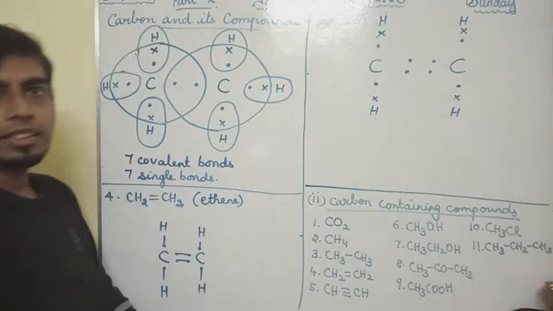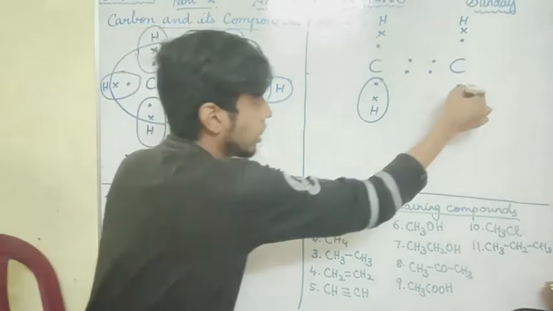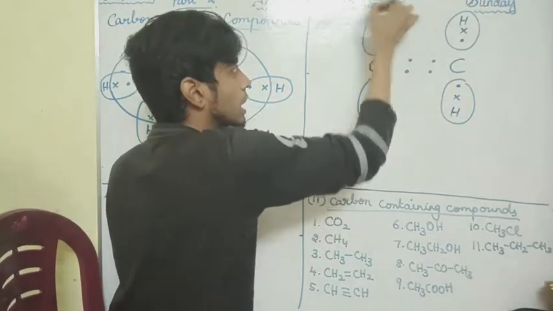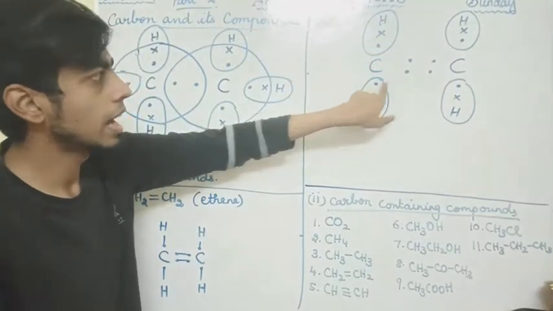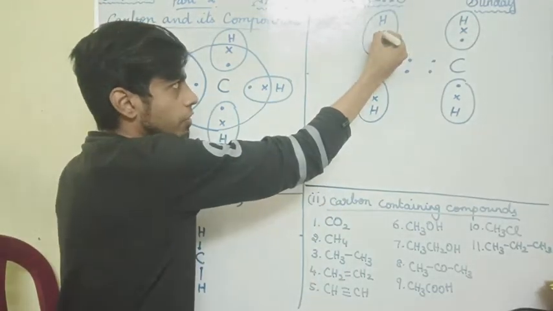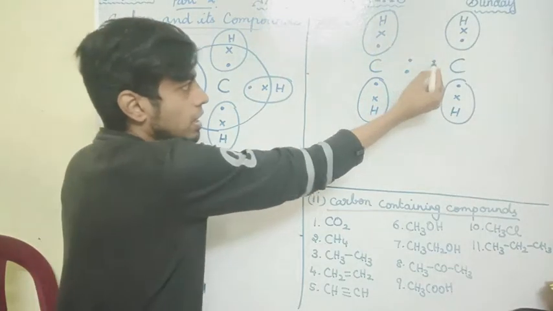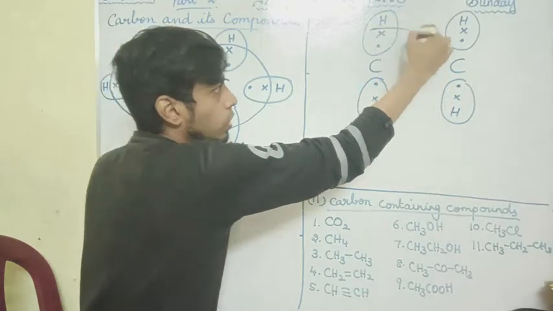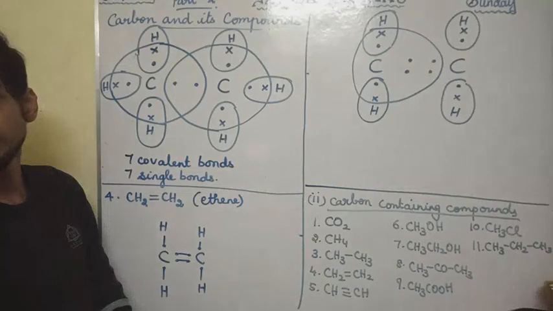So I told you always it is easy to circle hydrogen. So 2 electrons for hydrogen you have to circle. It is easy to circle. And coming to the carbon now. This carbon already is having 4 electrons. So 5th electron it will share from this hydrogen, 6th electron it will share from this hydrogen, 7th and 8th electron it will share from this carbon. So totally you have to circle 8 electrons for this carbon.